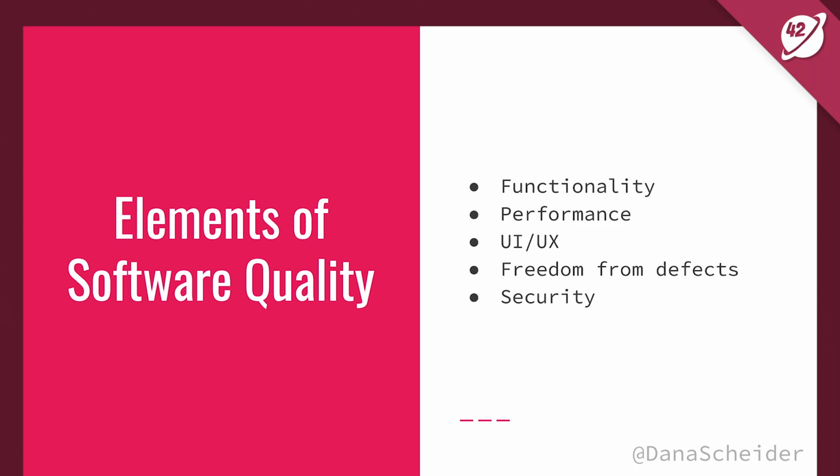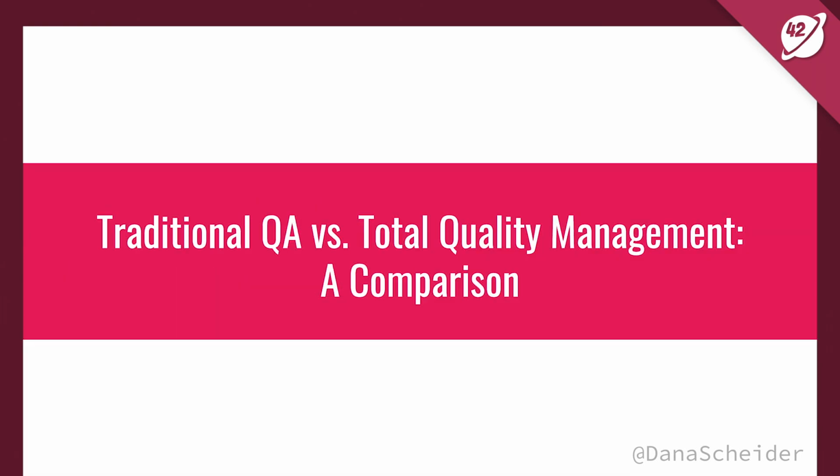A lot of the time when we talk about quality, we talk about it in a really narrow way focused on freedom from defects or bugs. But in fact, all of these elements, all of these components play into the consumer's ultimate satisfaction with your product. And so all of those should be considered dimensions of quality. So in this talk, I'm going to talk to you a little bit about traditional software QA, but I'm going to focus on total quality management, and I'll go into what TQM is in a moment.